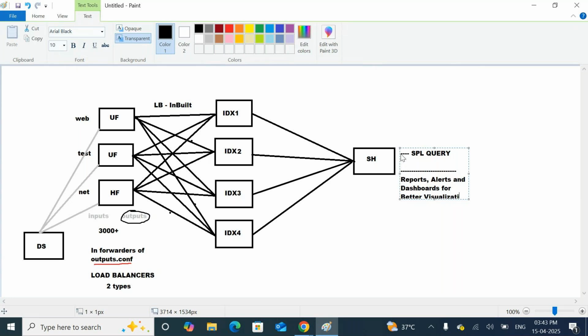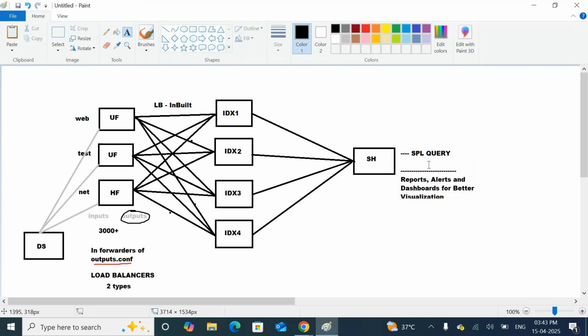What is an SPL query? Everything we'll see in the development part. But in the search head, users query the data from the indexers, or indexer storages, and create reports, alerts, and dashboards for better visualization.